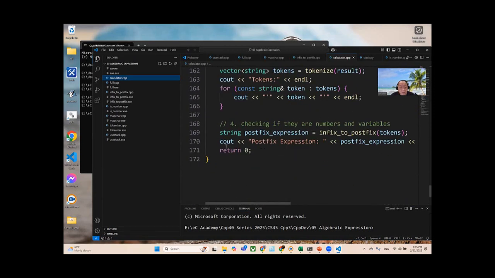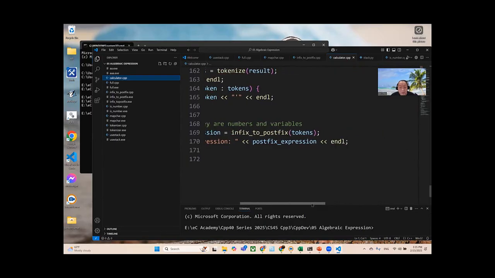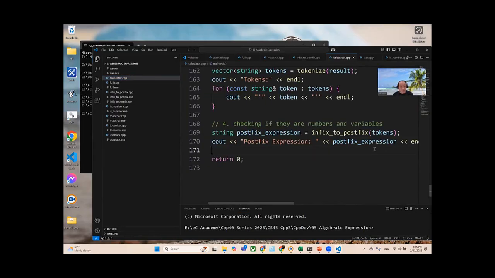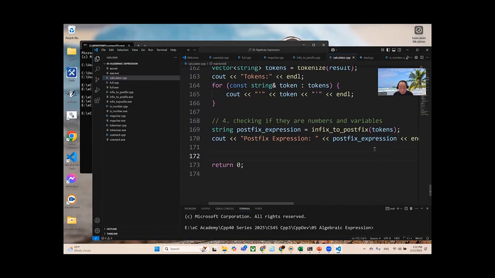Okay, so here it is a string, no problem. Next, we are going to do step 5. This step 5 is the evaluation of the Postfix